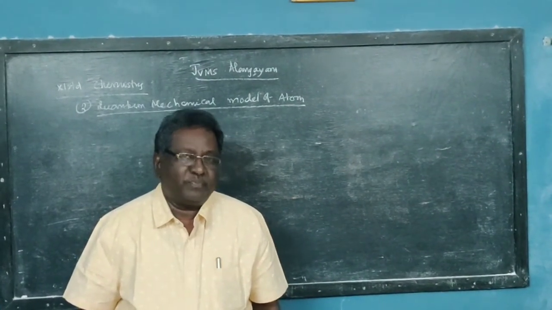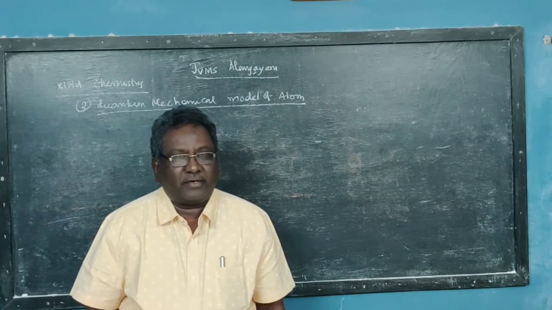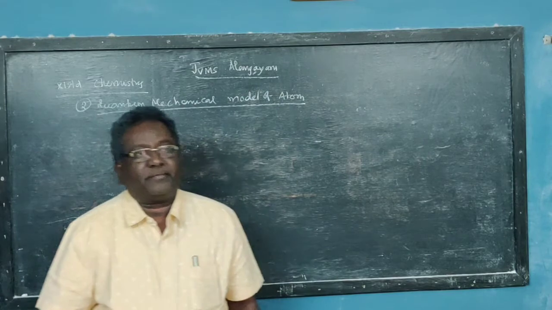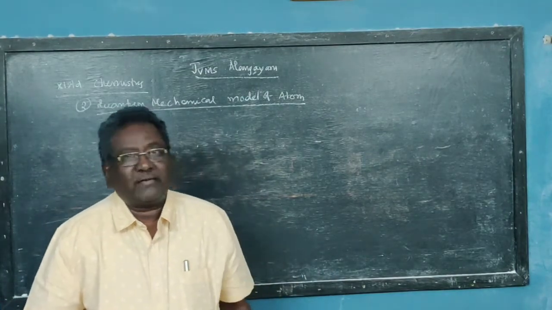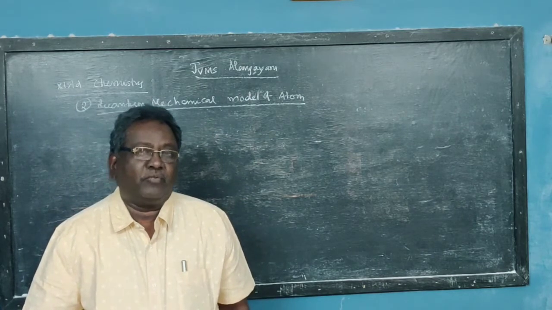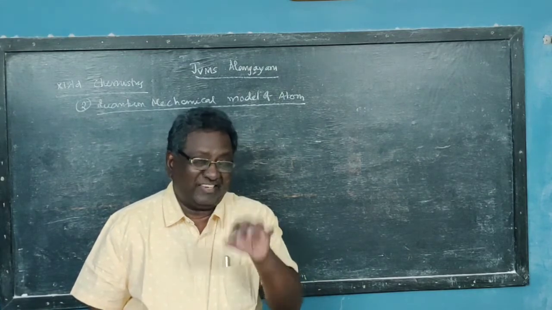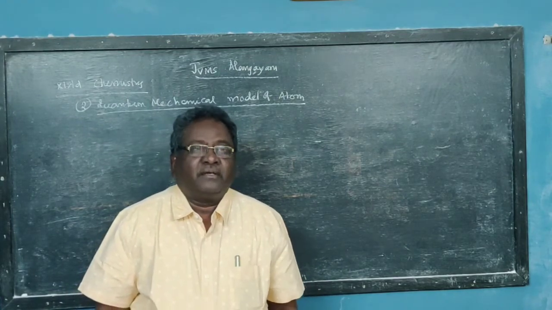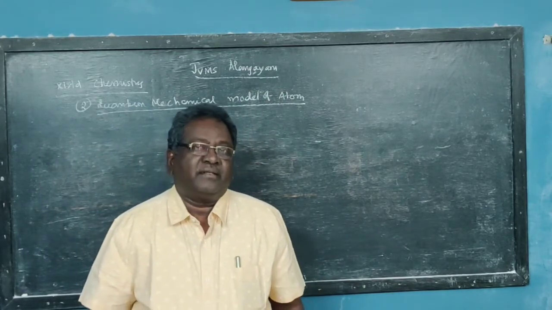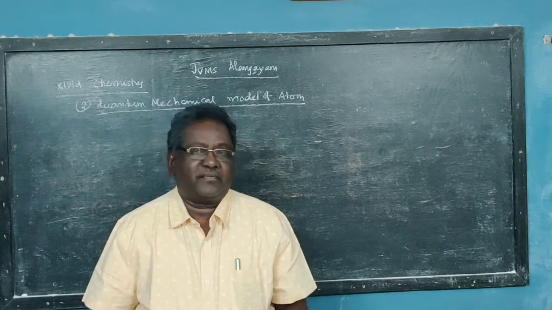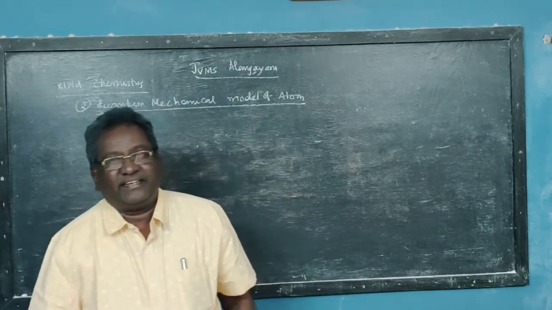Okay. So this week, once again, we are going to start the quantum mechanical model of an atom. In the last week, we discussed three models: Thomson model, Rutherford model, and Bohr model. Thomson model proposed that atom is a positive sphere in which electrons are embedded. Rutherford ruled it out by alpha scattering experiment, and he suggested that atom has a tiny positive center called nucleus. Around that, electrons are moving, emitting radiation.